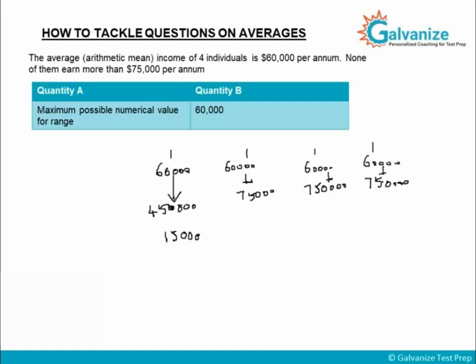I have the maximum value for the highest value and the least value for the lowest value. It can't go below this because the maximum value is 75,000. If it's 80,000, I can decrease this further. If it's 90,000, I can decrease still further. But the maximum value is only 75,000. That's what is given in the question. The question is asking for the range. Range is maximum value minus the minimum value. 75,000 minus 15,000 is 60,000. So the answer is both the quantities are equal. This is how you need to